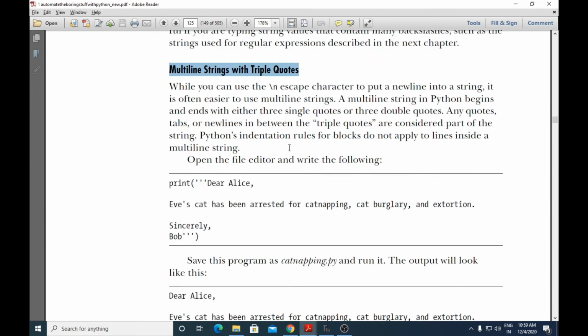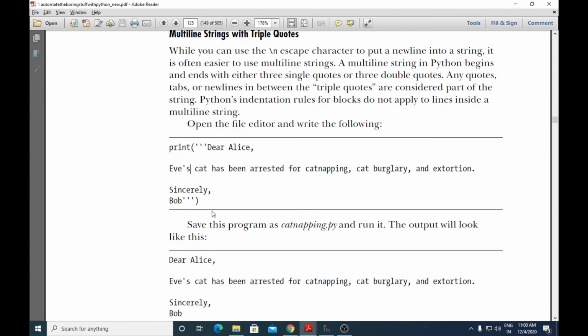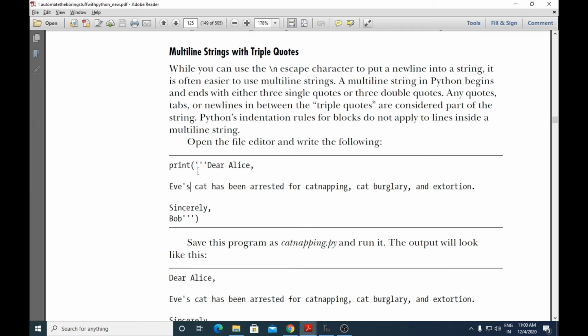Okay, so with strings you can also use triple quotes, triple single quotes or triple double quotes. This will help us to print multiple lines, and by using triple quotes we can also include the single quotes which are used here. If you're using three single quotes, the single quote inside is also part of the string. So if you want a string of multiple lines, you can make use of three single quotes or three double quotes.